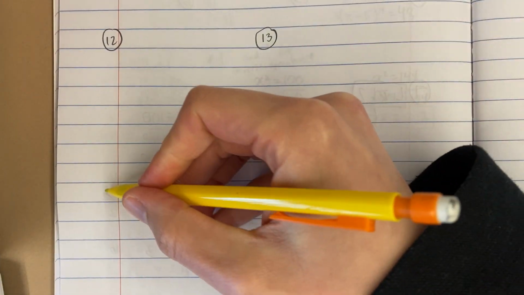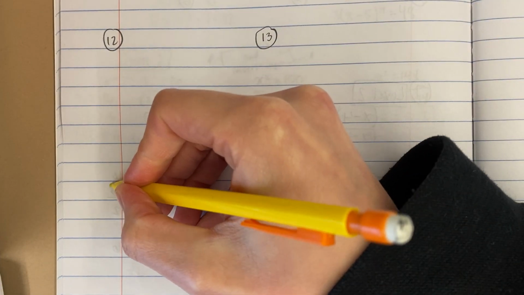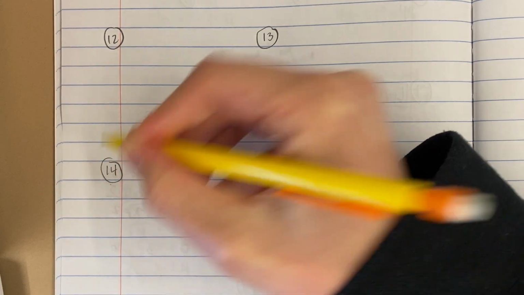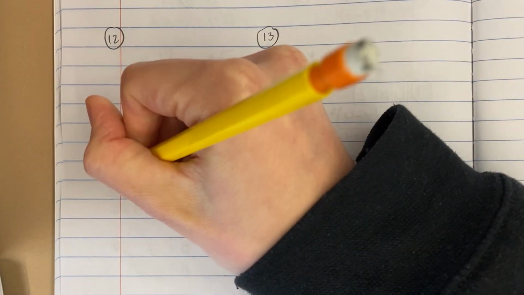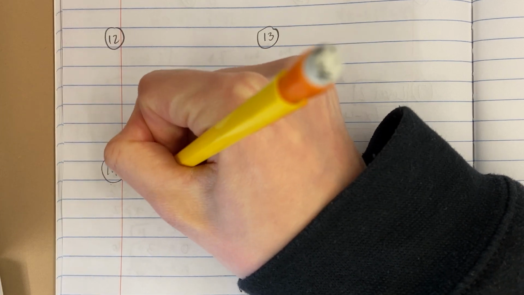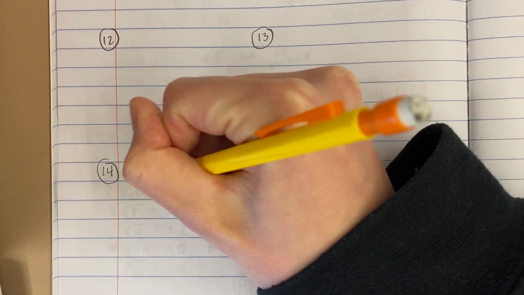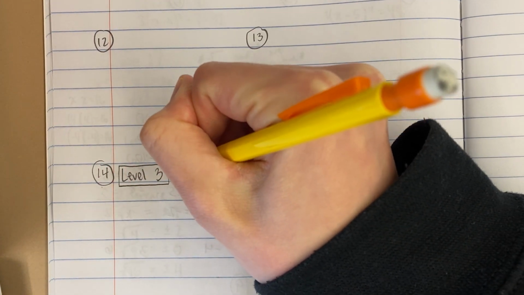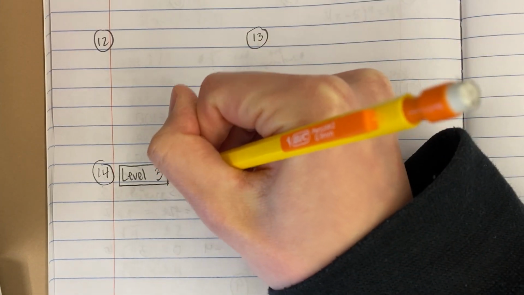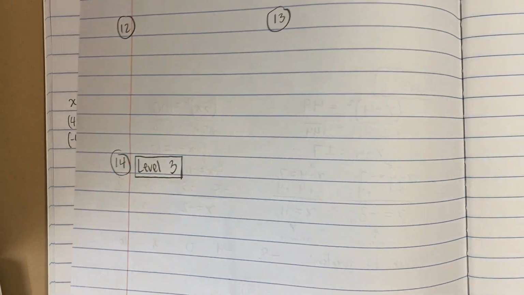Right below your work for number 13, we're going to go ahead and take our final round of notes. We're going to call this level 3, okay? I could go a lot of places with level 3, make these equations a little bit bigger, a little bit longer, but I'm actually going to choose to focus on a really specific format